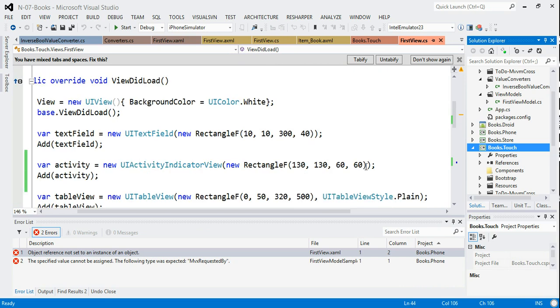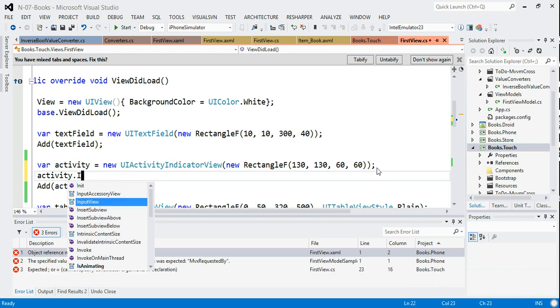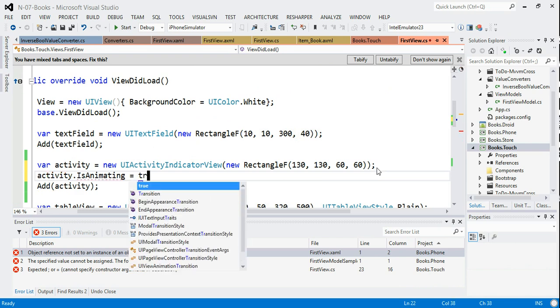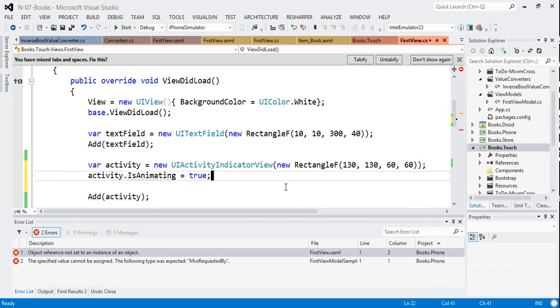Let's just give our activity some properties. So activity dot is animating, we're going to give a property to true, and you could bind is animating as well if you wanted to. Is animating not one of those? Okay, so it's not one of those properties. Animator dot